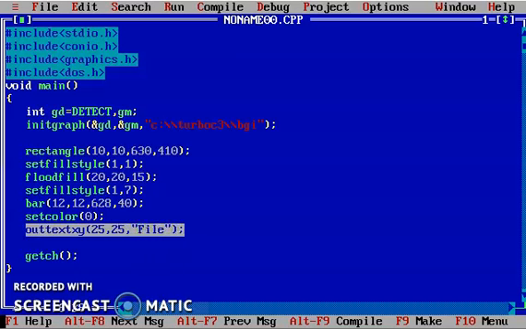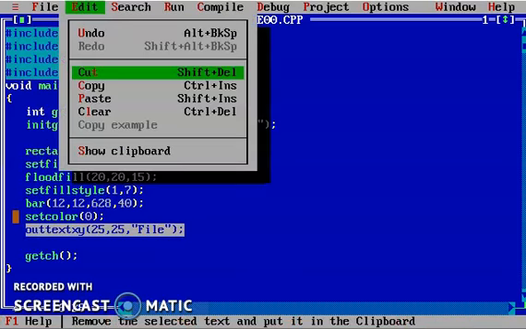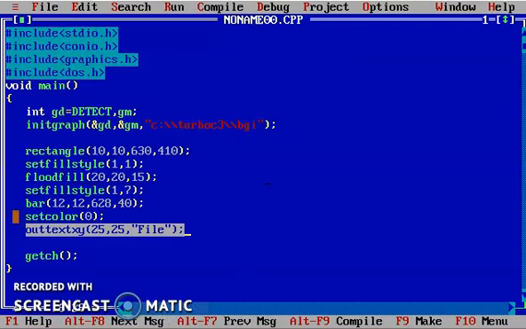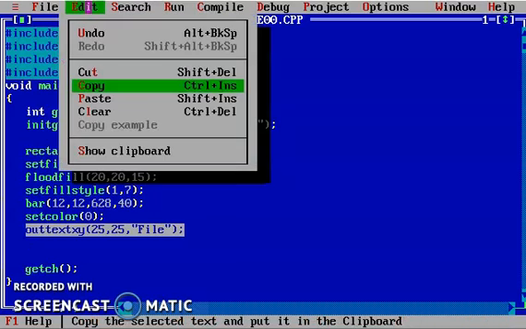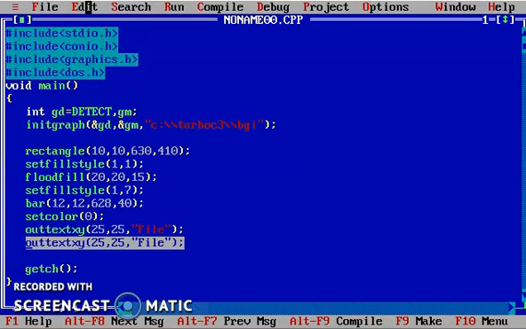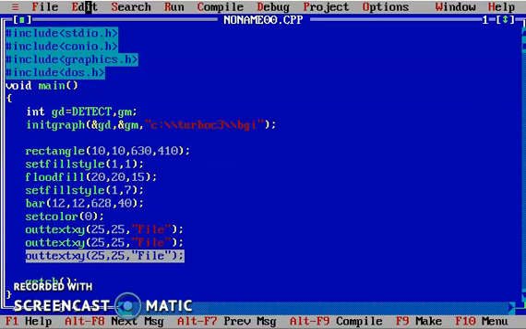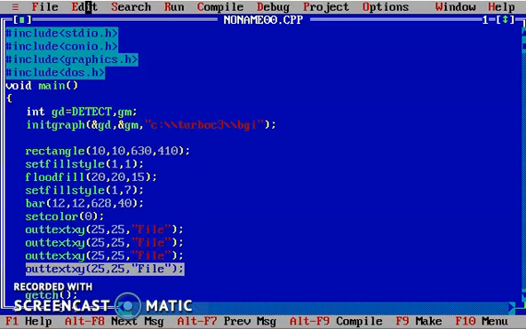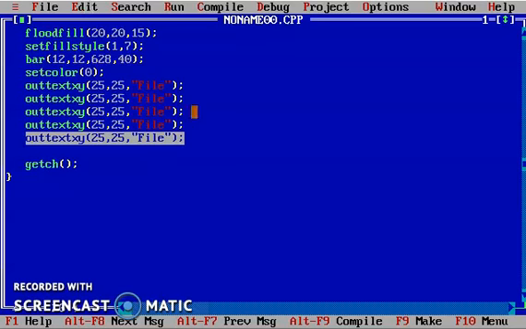We can copy paste. I'm copy pasting multiple times and giving the menus.